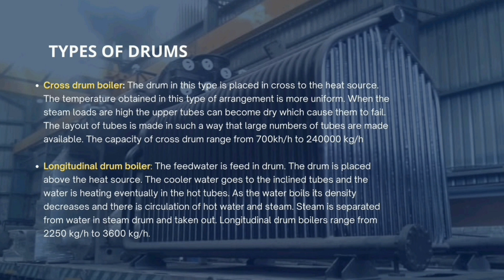For the cross drum boiler, the drum in this type is placed crosswise to the heat source. The temperature obtained in this type of arrangement is more uniform. When the steam loads are high, the upper tubes can become dry, which causes them to fail. The layout of the tubes is made in such a way that a large number of tubes are made available. The capacity of the cross drum ranges from 700 kg per hour to 24,000